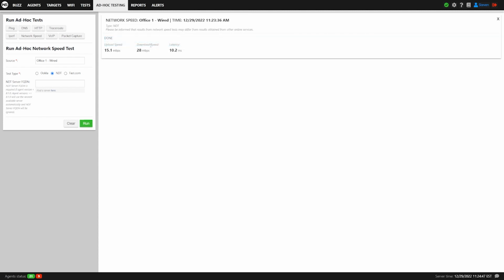So here we are. The results are in. We got 28 megabits per second down and 15 megabits per second up, with a latency of 10.2. As you can see over here, since this agent is on a version higher than 8.1, you don't have to specify a specific NDT server. By default, the NetBeez dashboard will configure to the closest server to the agent, and at the time of recording, the current most updated version is version